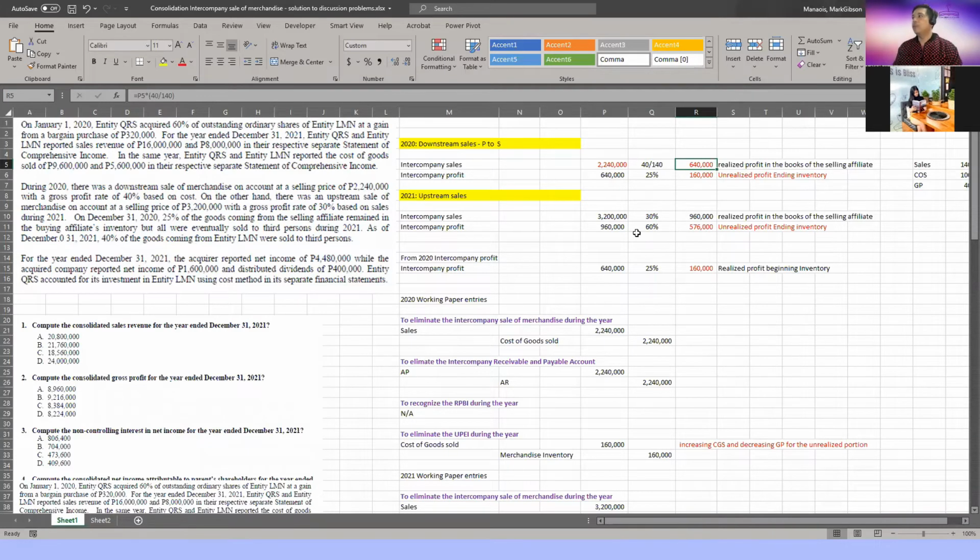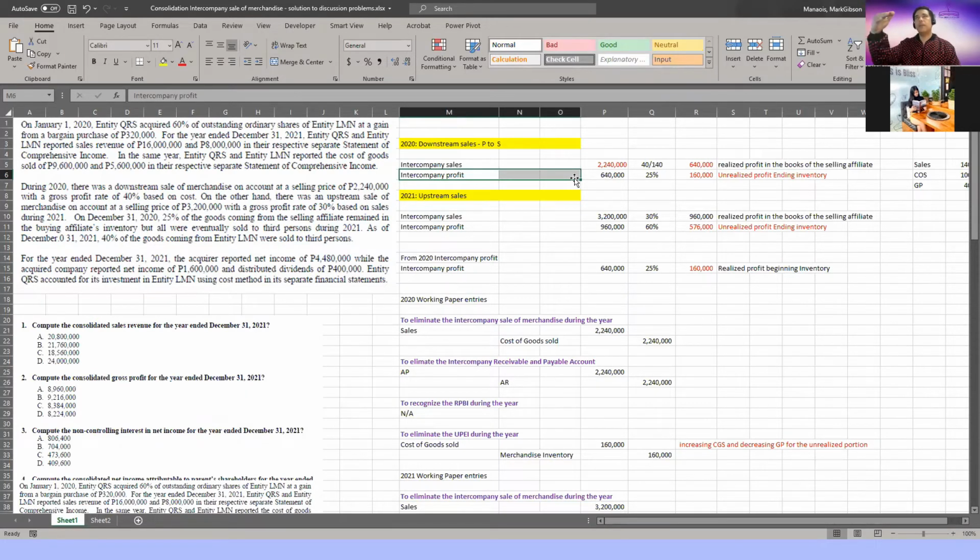Now, puntahan ngayon natin yung intercompany profit. Kasi nga this is downstream sales. Tandaan ha, benta from parent to subsidiary. So in this case, si QRS nagbenta papunta kay LMN. So 640,000, ito yung GPR, multiplied by 25%. So saan ngayon nakuha itong 25%? Pansinin,